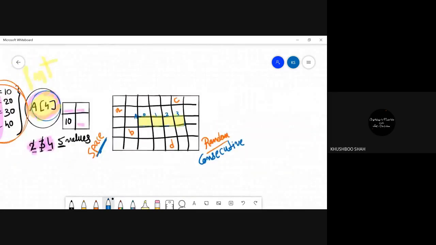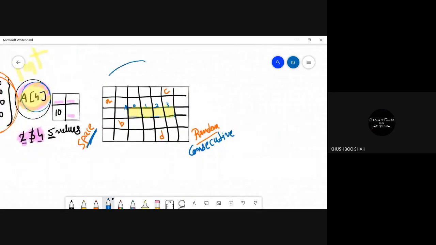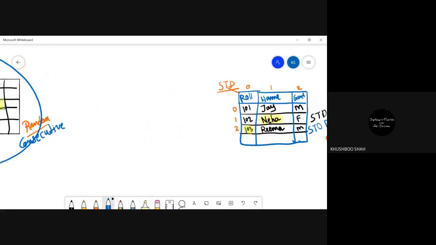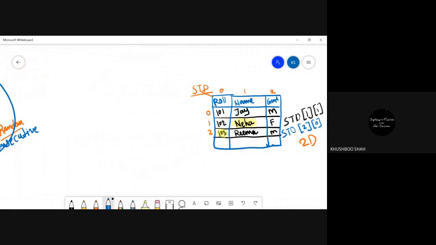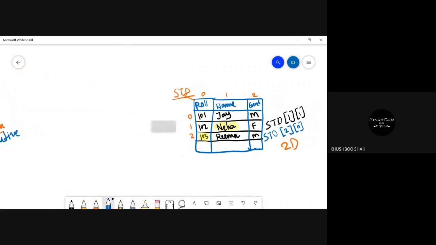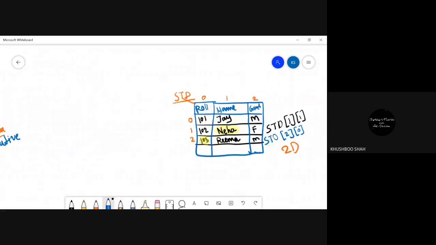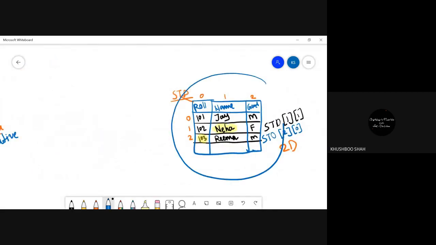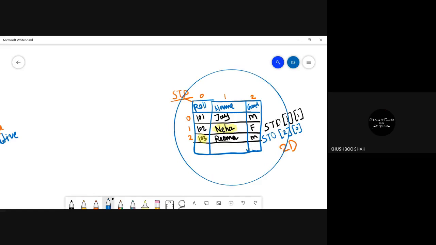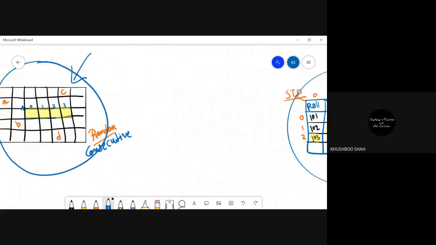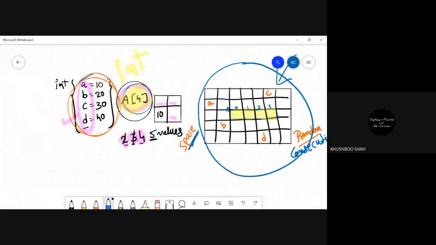Now let's sum up all these things. So here we have one memory structure, something like this. Now the thing is, in this memory, I want to store this type of data. Is it possible to do it using this thing or this thing?